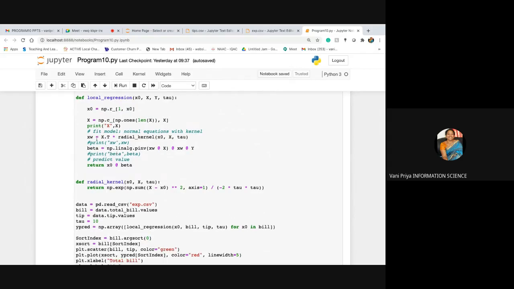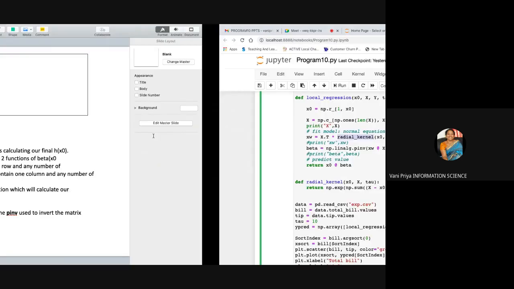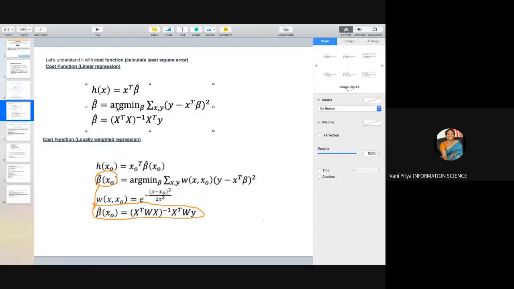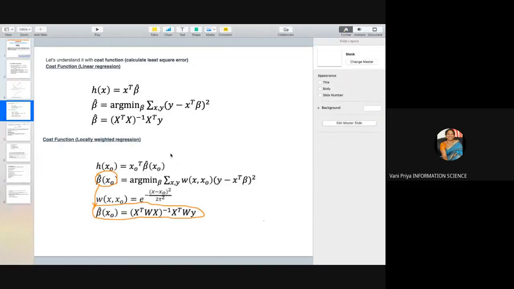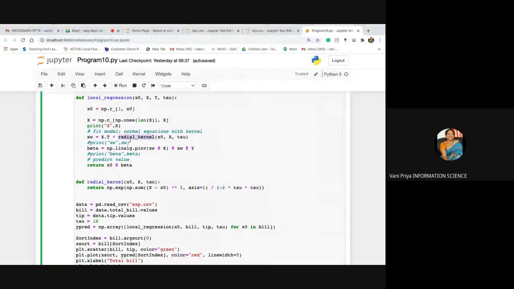Then after that we are going to call a function called radial kernel, where I had shown you the formula. This is the formula we are going to use. So for that purpose we are going to call this radial underscore kernel. And here what is this xt? This is nothing but the transpose of this.